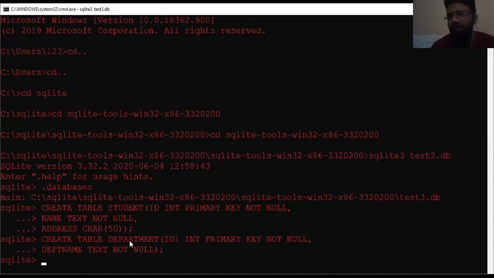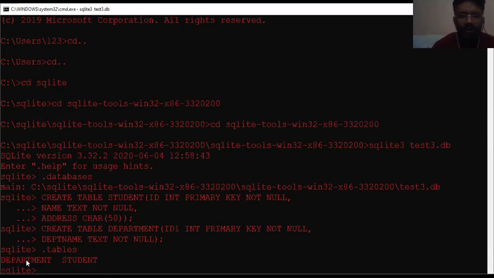To check whether these tables are created successfully or not, we just run the command .tables. So here we have these two tables that we have created, department and student. Now we will use another command, the drop command. Drop is a very sensitive command. As we know, when we use drop, it removes all the information related to tables, all the triggers, indexes and data. So it is very crucial that once we are going with drop, we have to be very careful.